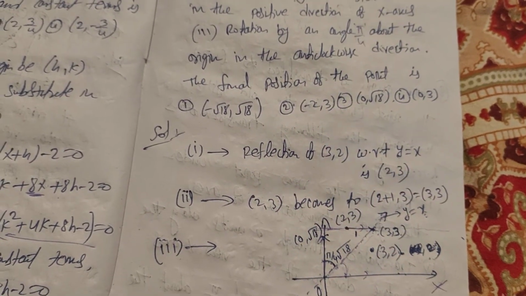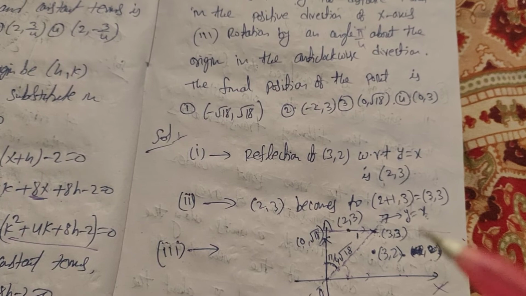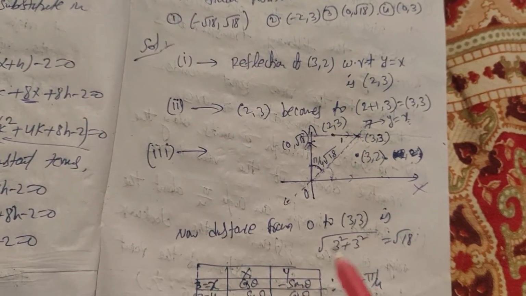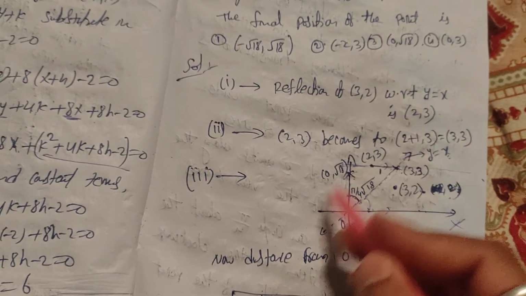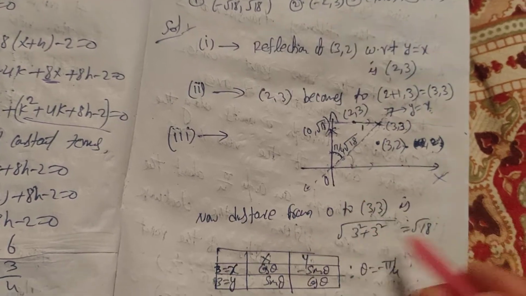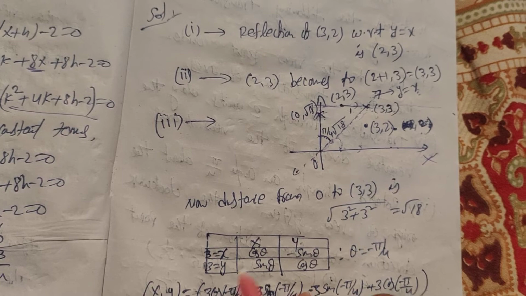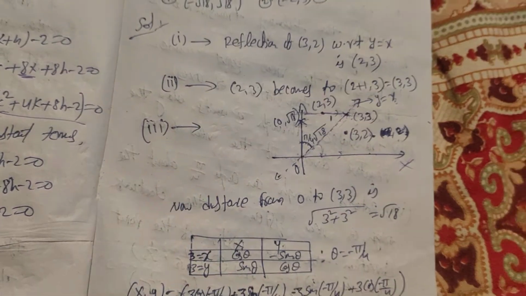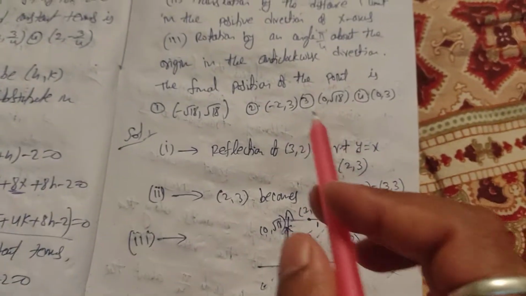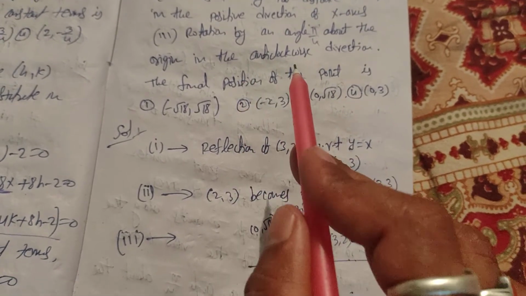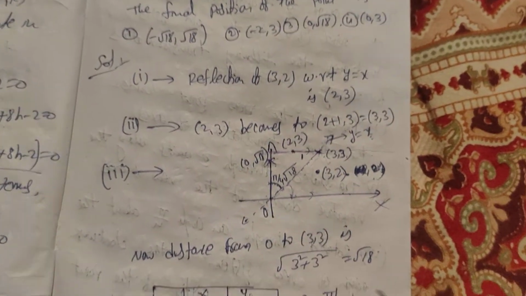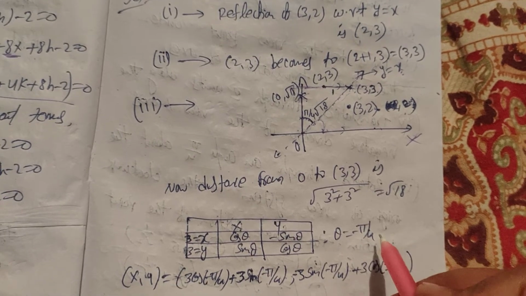But if you want to use the rotation of the coordinate axes table, then use that. So this is the second method I am explaining. Same 0 comma root 18, this is the point. If you observe the diagram, without the diagram you take the coordinate axes. So x, y, cos theta, minus sin theta, cos theta. If you use this formula, the rotation as given here is anti-clockwise, so you have to take clockwise sense. So take theta equal to minus pi by 4.